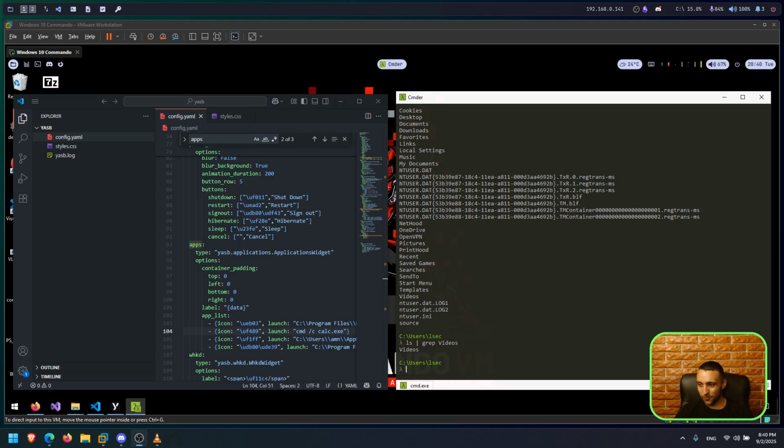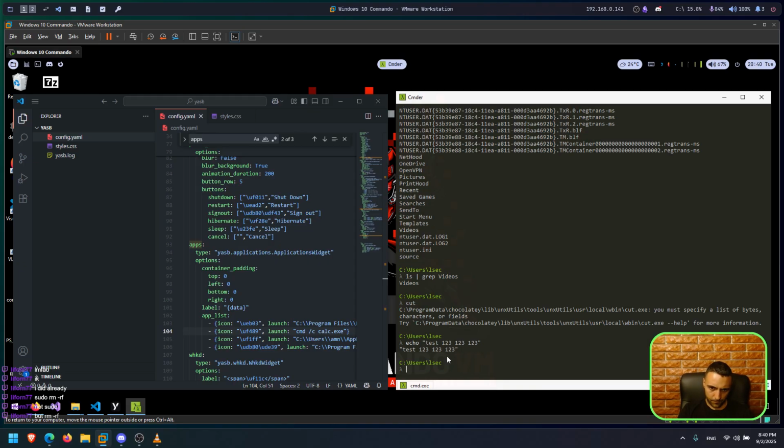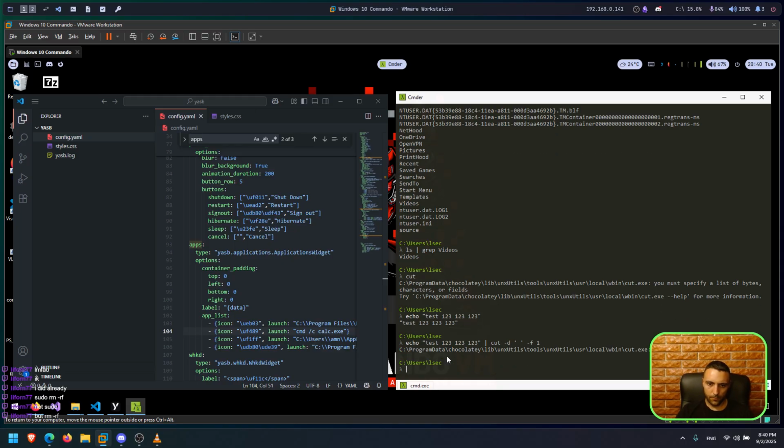I mean, you don't have sudo by the way, but yeah, you can also remove files and folders. So I generally like it for that reason. If you need some kind of bash tweaks for, let's say, cut, it also has cut. So if you have, let's say, a string of, let's do test 1 2 3 1 2 3 1 2 3, you can do cut with delimiter space, field 1, you can get the